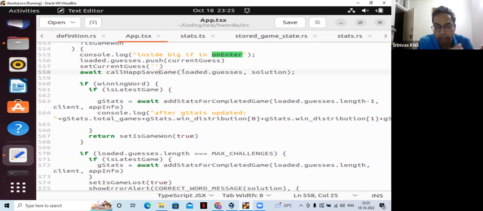There is another method called onChar. For each character entered, it calls that method. But this method is called when all the 5 characters are entered and enter is pressed. So now that there is a complete guess, it saves guesses and solution to Holochain. So if you see this call hApps save game,